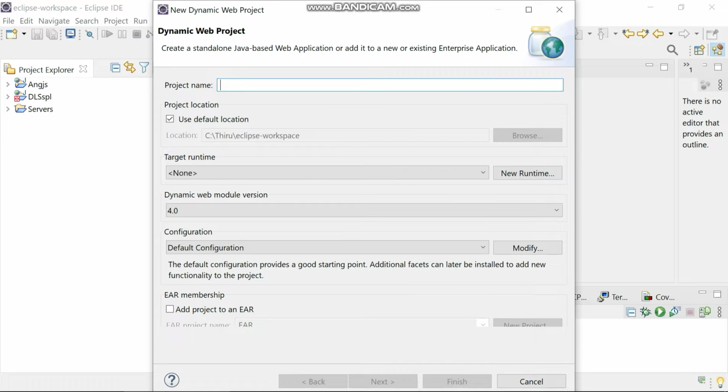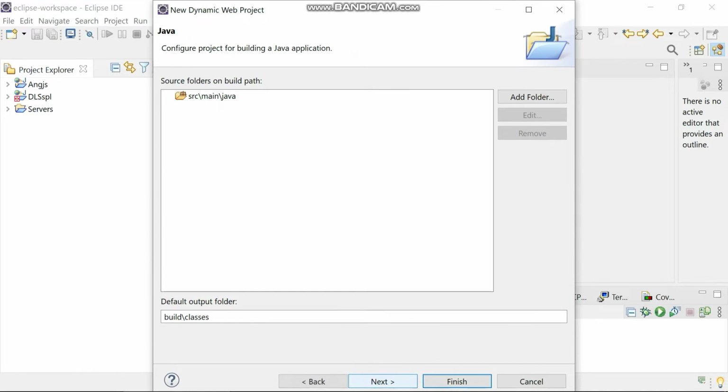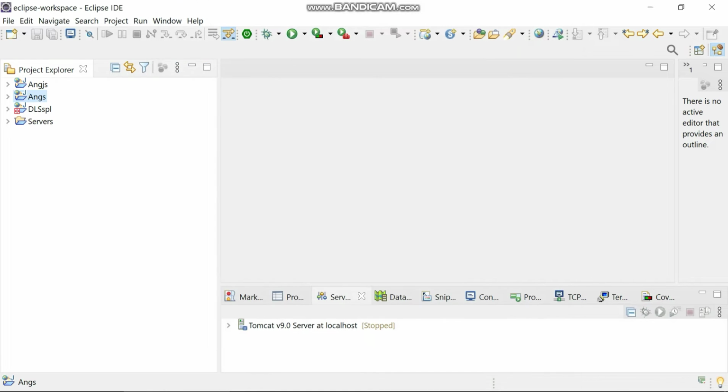Here you give a name, Angular NG, yes, okay. Alright, now you can see the application is created, ANG, that's the name of the AngularJS application, and you can see libraries, and then the list of folders.